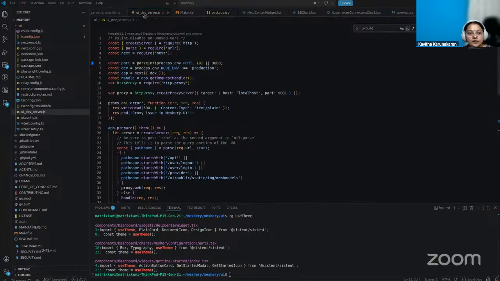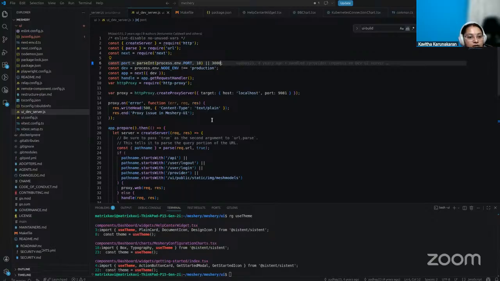When you go to dev server.js, you can see that you are actually having JavaScript here, and you are checking if there is any process environment port taken. Otherwise, you look for 3000,